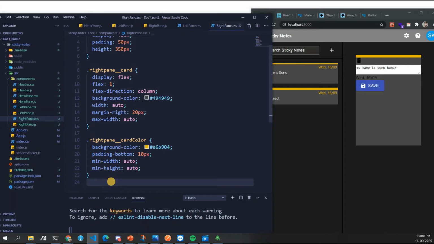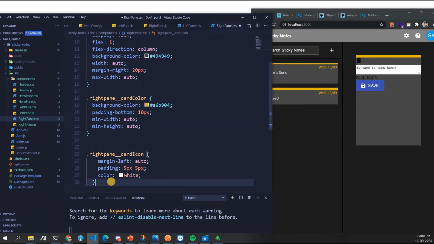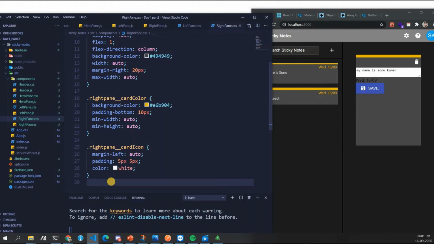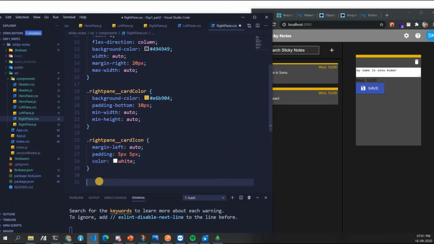Apart from flex, yeah, margin. Margin left is automatic, so that it will take all the margin and go to right. Padding I am giving 5 pixel, so that all around it has 5 pixel padding. So see, it went here, right? So now this is done.